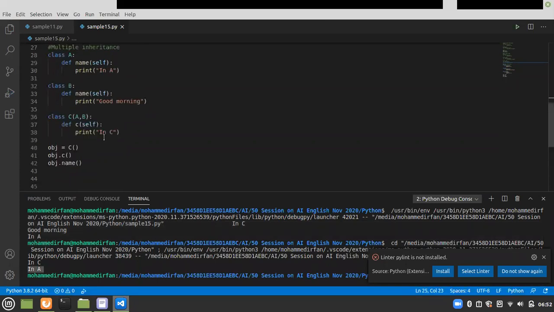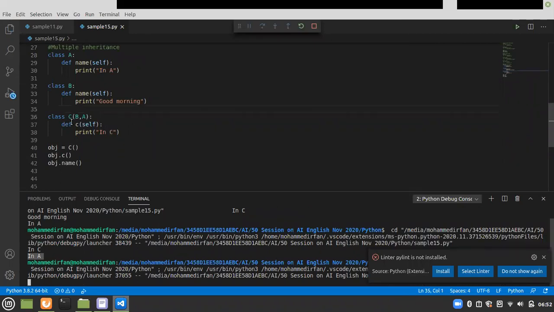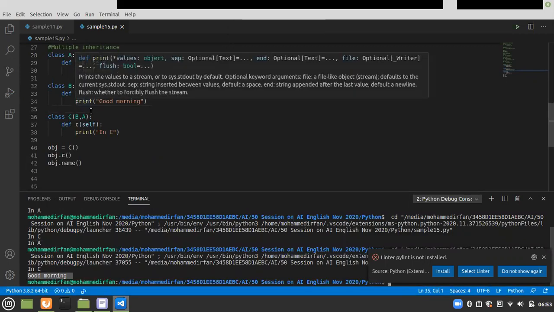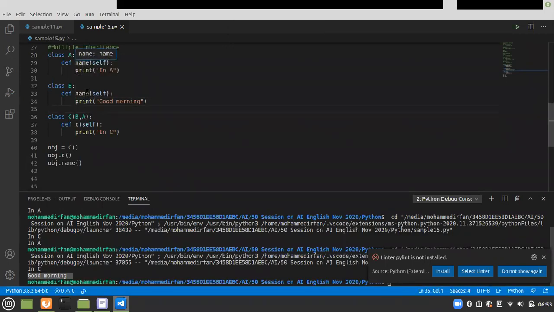In A. The reason in A comes is because the subclass C inherits the A class first. Okay, first it is inheriting A and then it is inheriting B. So if I change it to B comma A, then it will print good morning. If I call obj.name,